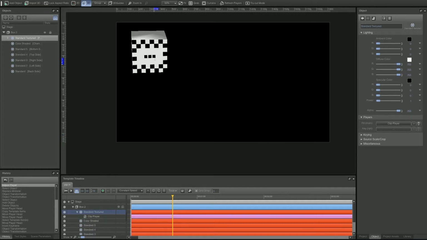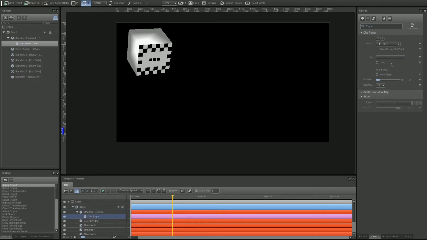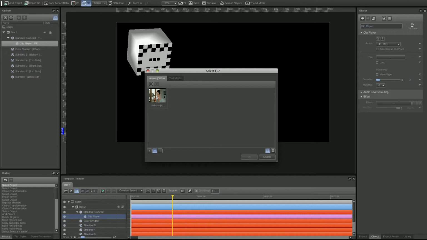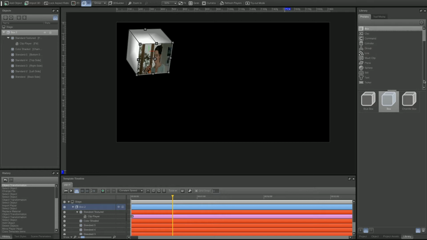Select the clip here, and I have a clip reference on the front face of the box. The next step is that I want to select the video, selecting the file source for that clip player. And this is this fixed video now. As you might imagine, this fixed video will be replaced by the playlist at a later stage with a dynamic video. When we are showing a picture-in-picture, we also want a text on the front face of the object. So I'll go to the library, select the text,